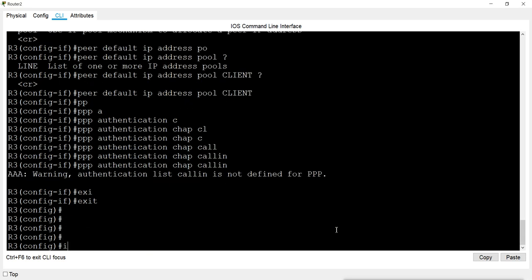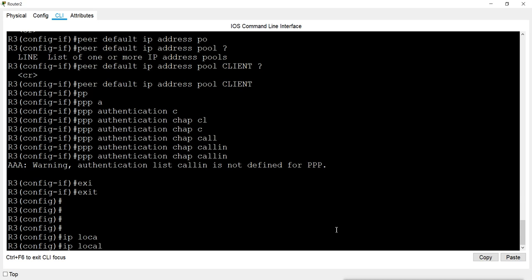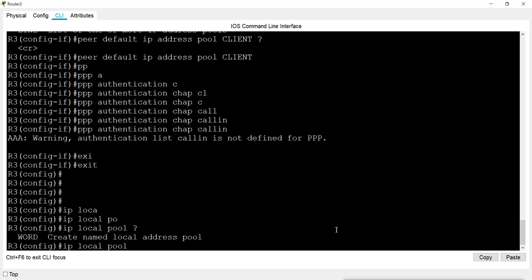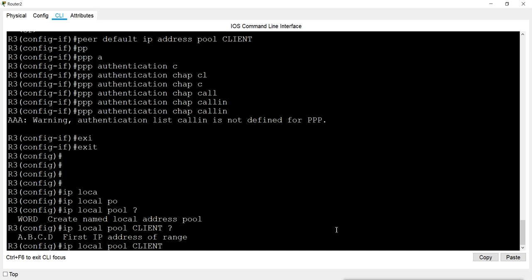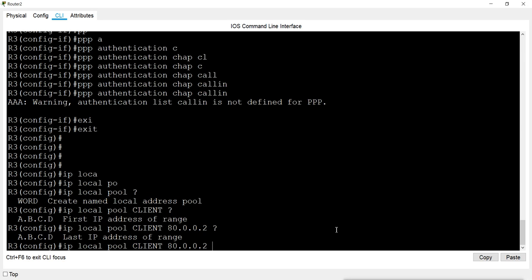Okay, first we'll create the pool which we mentioned there, and with the range of IP addresses. So I'm going to use the IP range from first to last, 50.